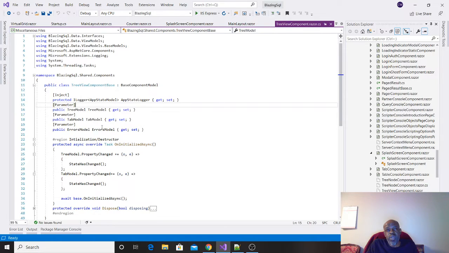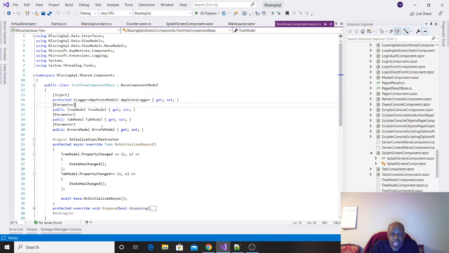What else? You want to make sure that if you're using application state in between components, you've got to remember when you're changing something in one component, you need to make sure that the other component that's also using that same state gets notified of the change that you made, and that's where the state has changed implementation has to come in.